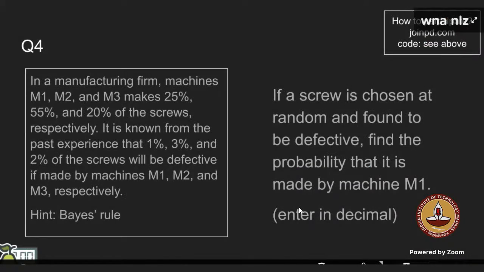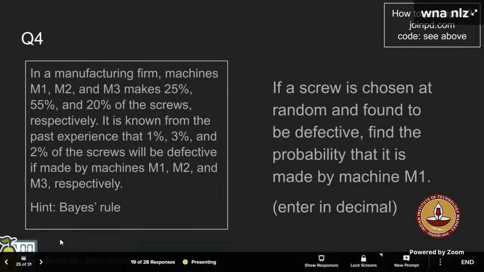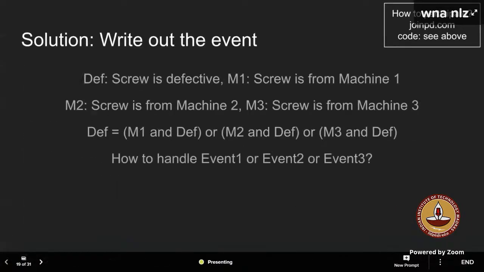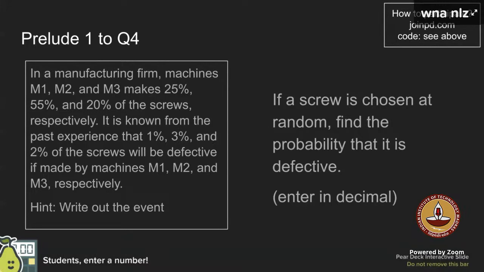Excuse me, sir. Yes. Did you join the session now, or were you in the session before as well? I'm here from the start. Oh, from the start. So there was this question in which we asked what is the probability that it's defective? According to you, sir, all the defective items from machine 1, machine 2 and machine 3 would be the favorable outcomes out of the total outcomes.